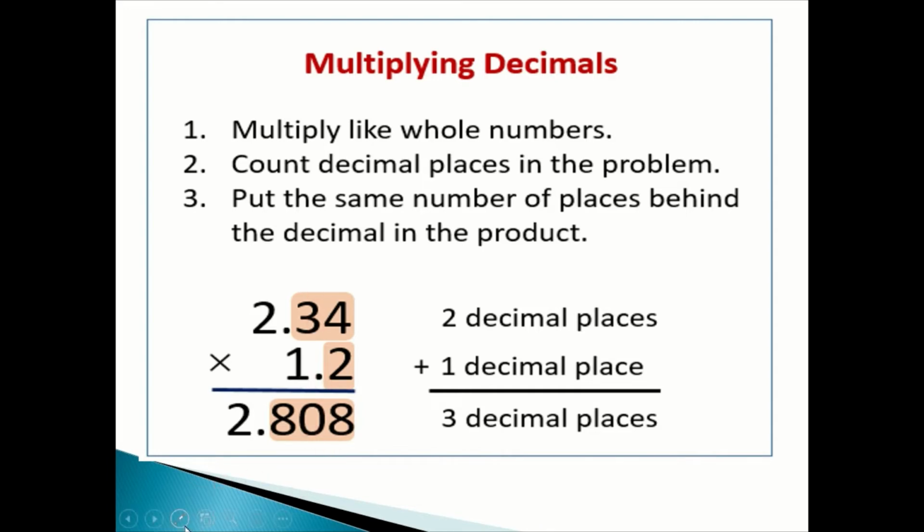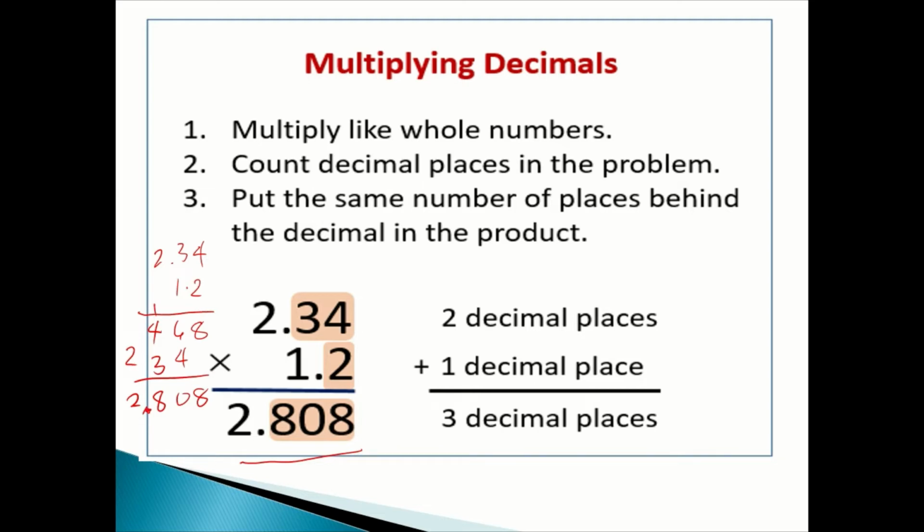So let me show it to you here, the detailed one, for you to clearly understand how we got that answer. So that's 2.34 times 1.2. We don't need to align the decimal point for multiplying decimals. Okay, so 2 times 4, that's 8. 2 times 3, that's 6. 2 times 2, that's 4. Then 1 times 4 is 4. 1 times 3 is 3. 1 times 2 is 2. And we add. That's 8. That's 10. 7. That's 8. And then 2. So this is the detailed solution on how we get the value